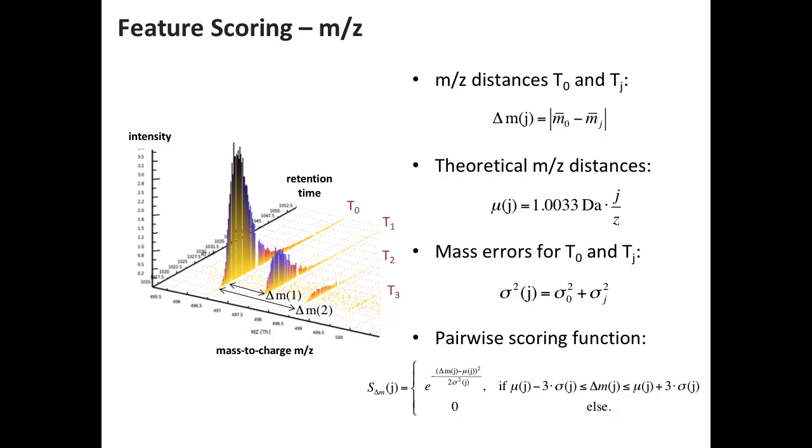Actually now we have much better mass errors than we had in proteomics, because we estimate these mass errors on the mass traces themselves, and that narrows down the options of how to combine these mass traces drastically. So we have a scoring function that looks at all these distances and assumes a normal distribution for the error and scores it accordingly. If they have exactly the perfect spacing, they get a high score. If they deviate for whatever reason, for example because the mass trace has too low intensity and thus wiggles around, then it gets a lower score.